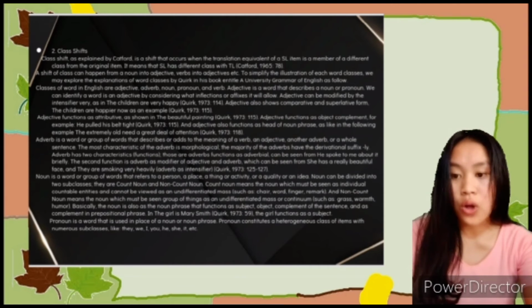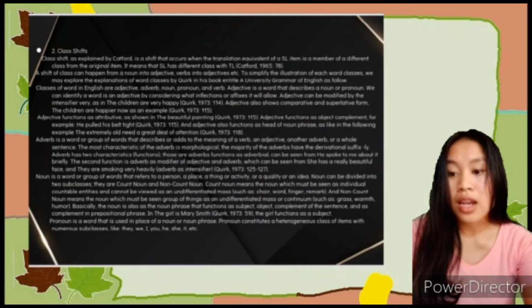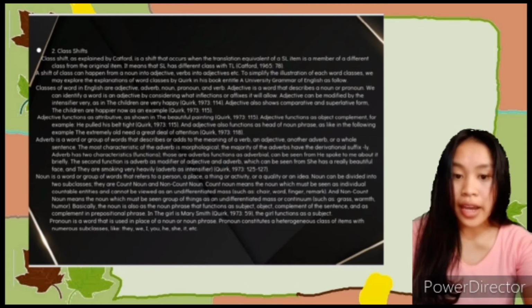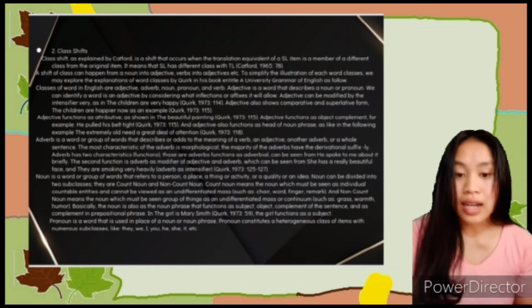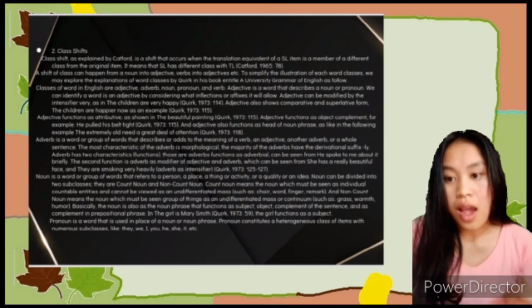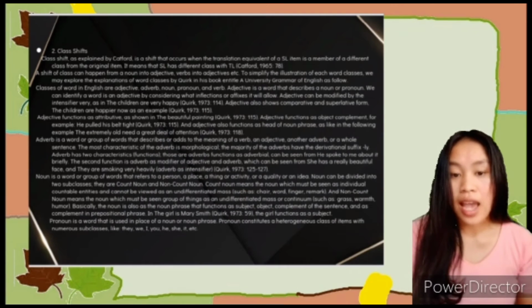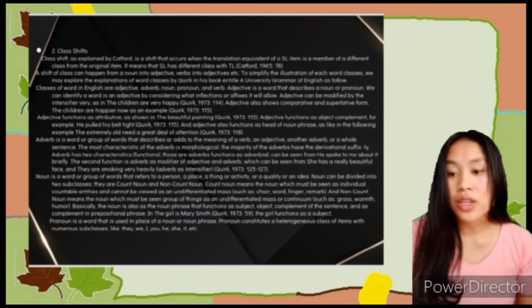They are called count noun and non-count noun. Count noun means a noun which must be seen as individual, countable, an existence, and cannot be viewed as an undifferentiated mass. And non-count noun means the noun which must be seen as a mass of things, an undifferentiated